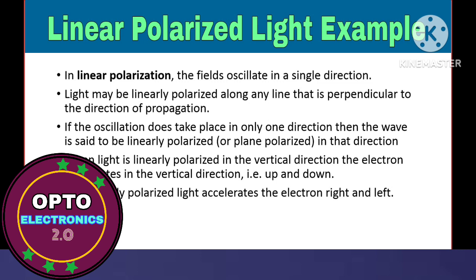When the light is linearly polarized in the vertical direction, we have discussed this one as well. If the light is polarized in a vertical direction, then the electrons will be moving vertically, meaning up and down. The other polarizer that you have is the